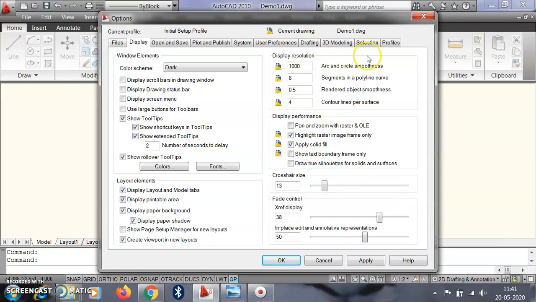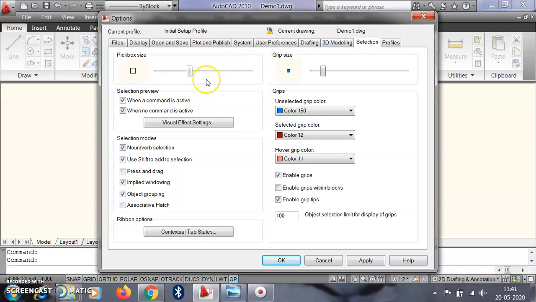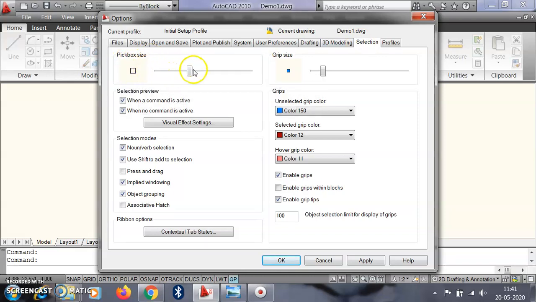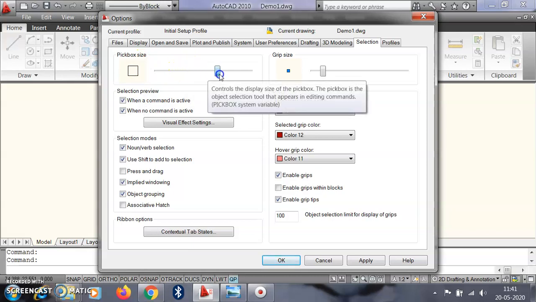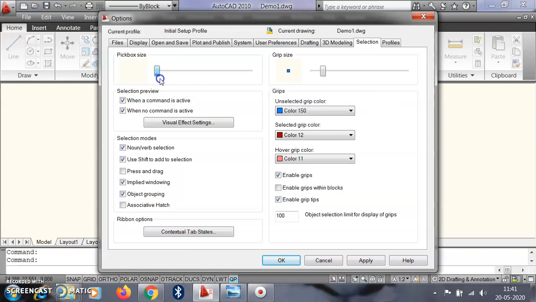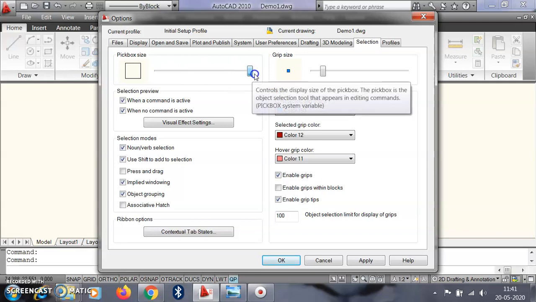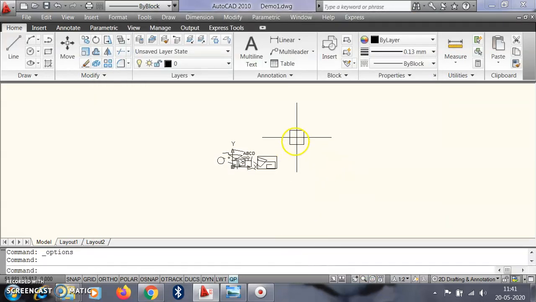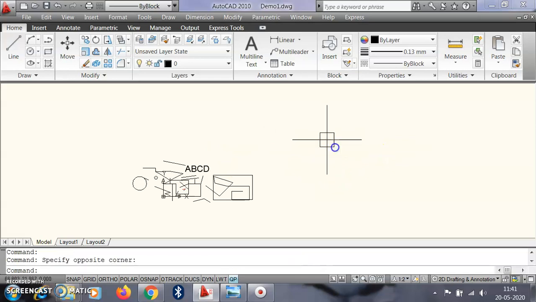So sometimes we require the cursor pinpoint. In that case, we can select this pick box size. We can increase the pick box size. Okay, suppose we decrease it, it will be 0. Suppose we increase it, the pick box size will increase. Suppose we take this pick box size and apply and OK, then obviously we get this cursor as a large pick box.